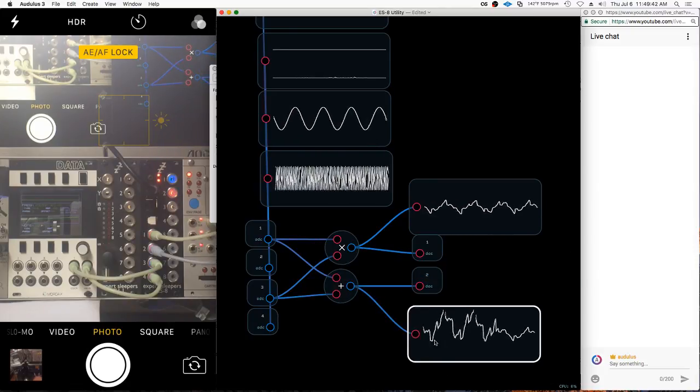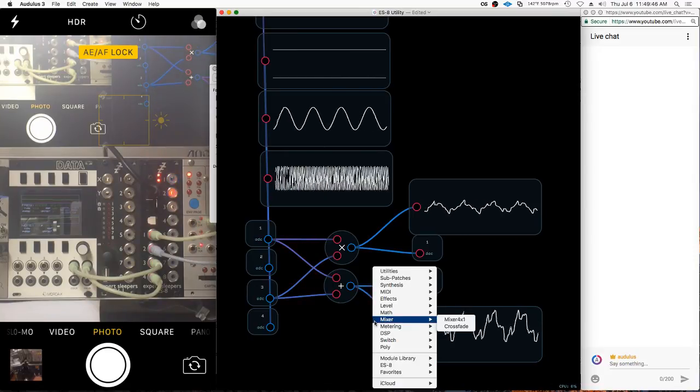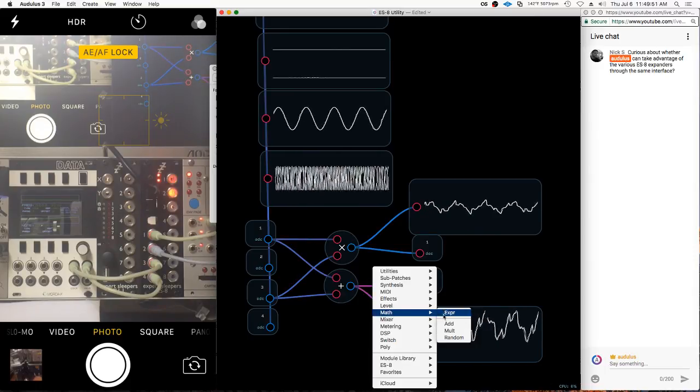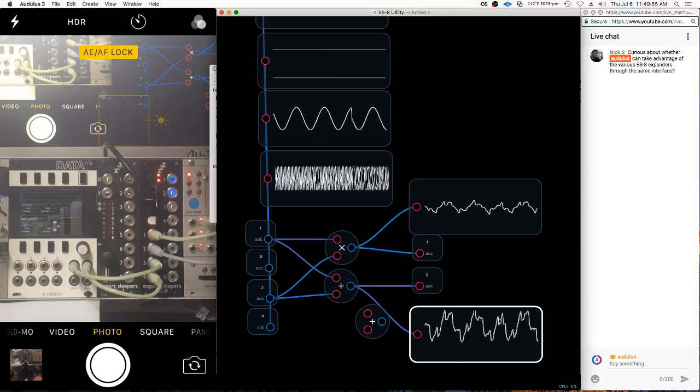So it's going off the scale a little bit, and it's probably clipping the signal as it's going up. So I'm going to shift it down, and to do that, hey Nick, whether Audulus can take advantage of the